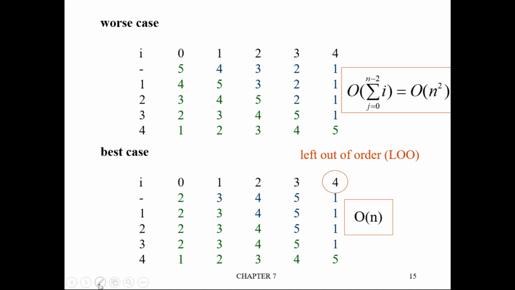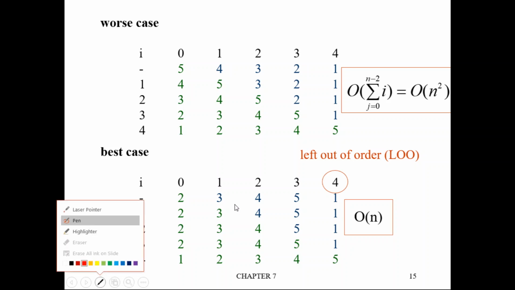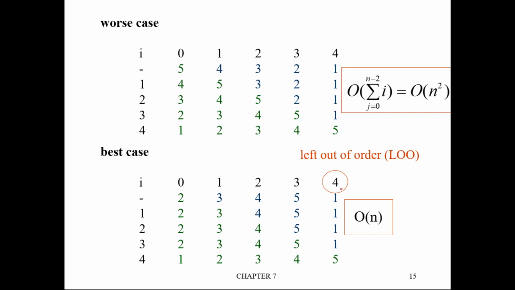So, sorry. Here, best case in the sense, all the elements were sorted. Last element is not in the proper location. You see here 2, 3, 4, 5, everything is sorted. This location alone is not in the proper location. Then number of replacements will be n. Okay. So this is worst case, it is in descending order. In that case, number of replacements will be n squared. So the worst case complexity is order of n square. The best case complexity is order of n. Right. So this is the time complexity of insertion sort.